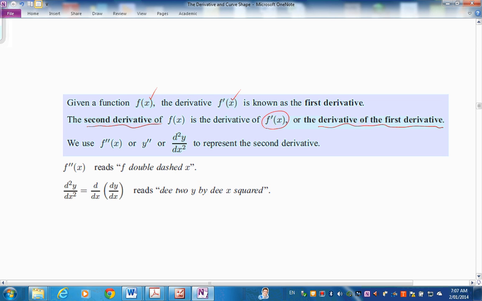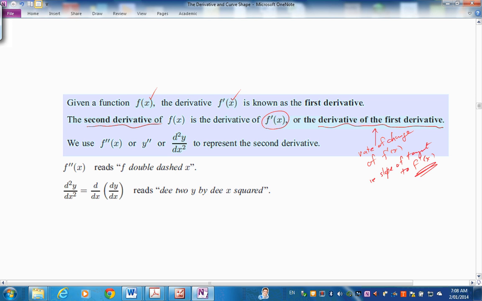But what we really want from this is the rate of change of the derivative itself, or the rate of change of the slope of the tangent to f dash x,